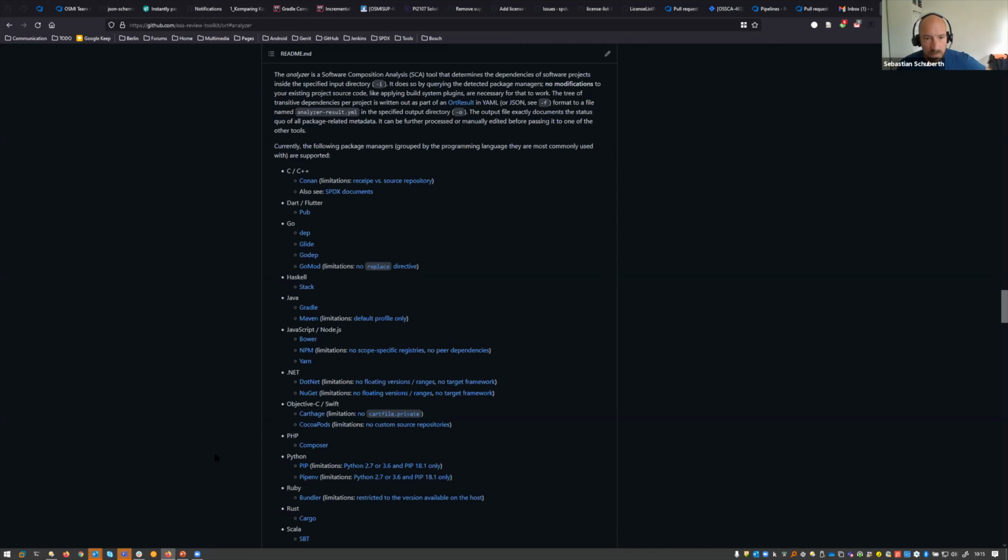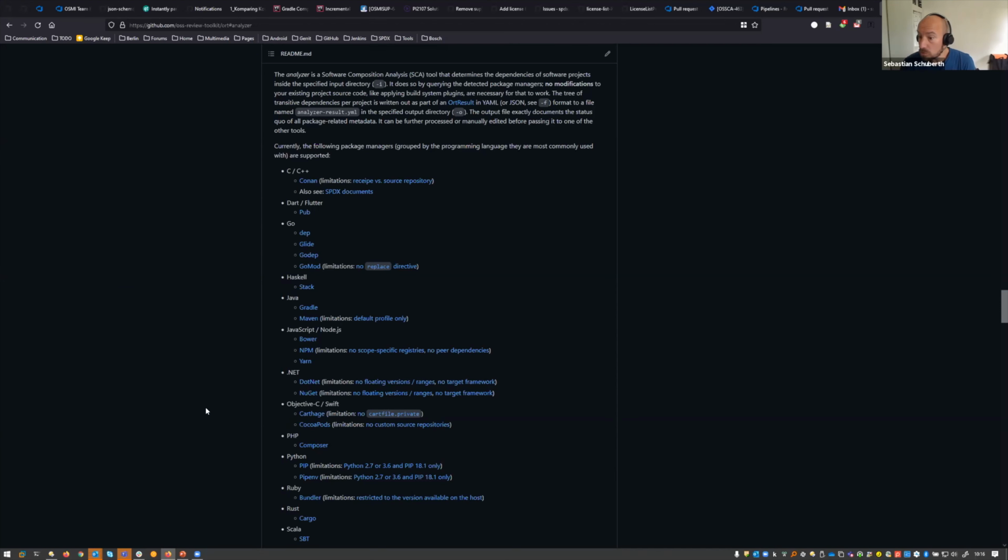The interesting bit about Ort here maybe is that all implementations for these package manager analyzers in Ort work by introspecting the projects from the outside. So there is, in comparison to other tools, no need to modify your build system via build system plugins or anything like this in order to get analyzed by Ort,